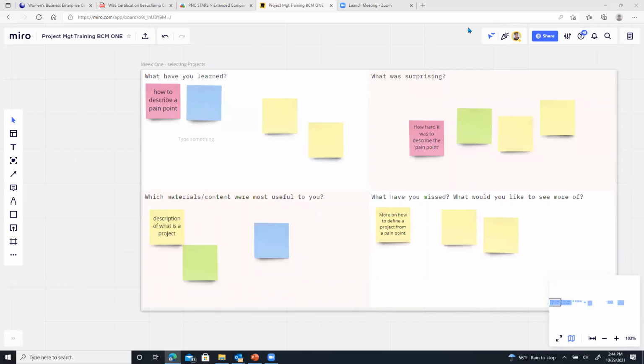Hello, so today we're going to talk about how to use the MIRO board to easily provide input and use as a whiteboard space during a meeting or training. And you will get an invitation from MIRO to join the board. And when you click on that link, it'll take you to something that should look like this, a screen that